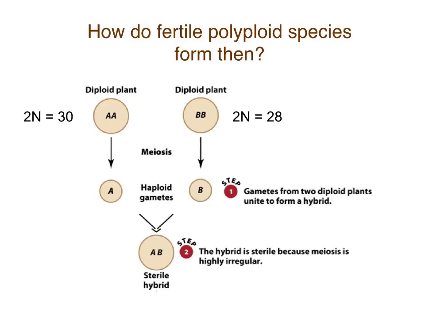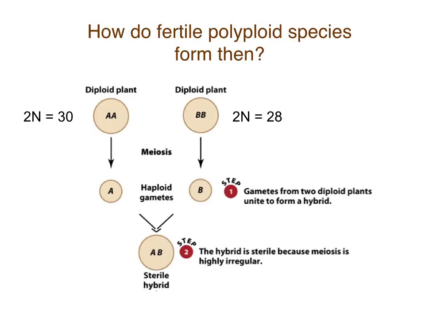So this diploid individual, big A, not the genotype, goes through meiosis. In the gamete, you have a haploid representation, one copy of each of those chromosomes. If the diploid number for this individual is 30, the haploid number here would be 15. With the second plant, BB, the haploid number would be 14. But let's say, as we often see in plants, they can fertilize each other, they can mate, and they can have offspring. So here's your hybrid individual. What then is the diploid number for that individual? It's 15 plus 14, 29.